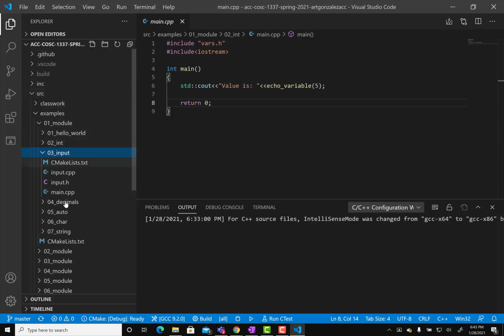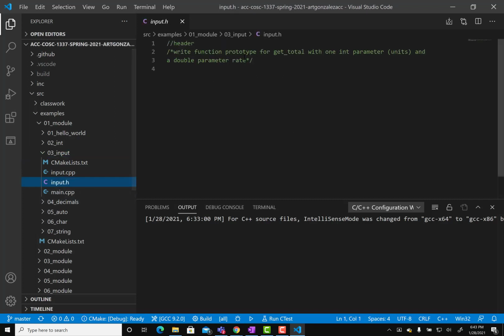Okay, so let me get total. Okay, so integer get total has a unit, and then it has a double. So a double is a very large